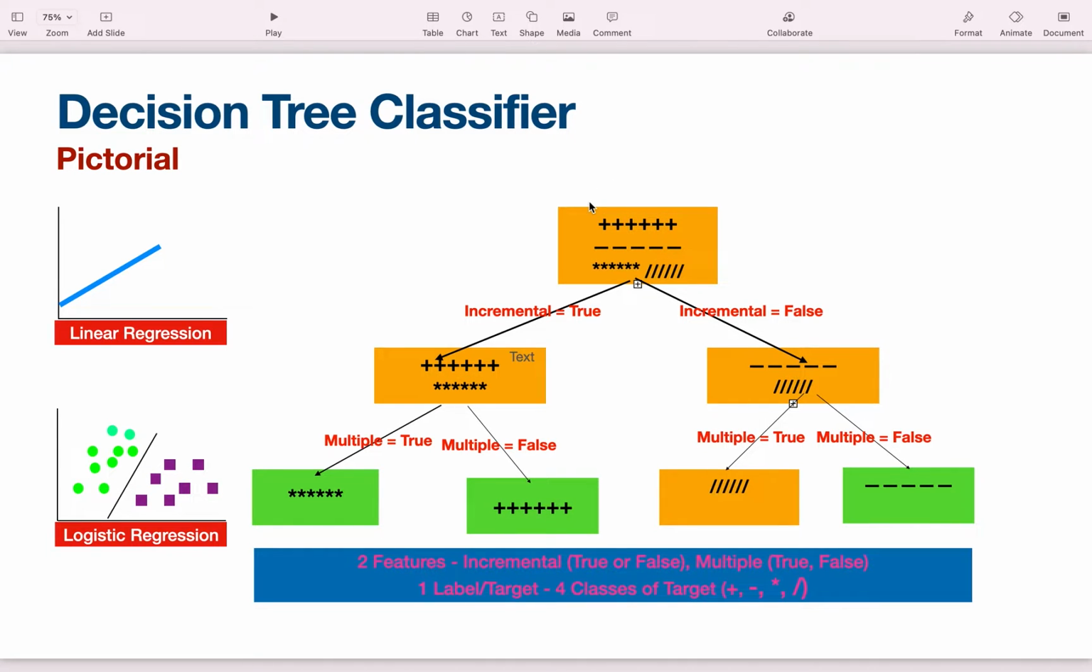And in the input, we also have features. We don't just have outputs for training, we also have inputs. Now in this case, let's say you have some features like incremental, a Boolean feature which says incremental is true or false, right? If incremental is true, then we have these two operations. And if incremental is false, based on this feature, if we divide the data, then we will end up with these two